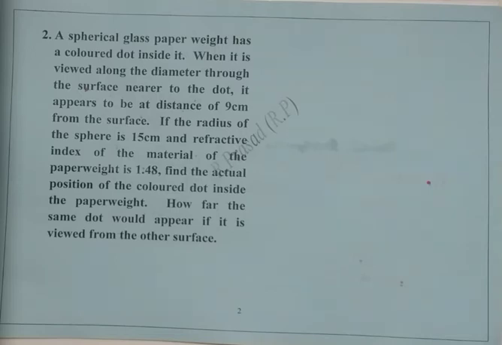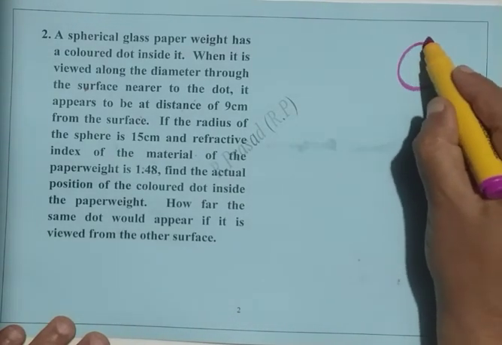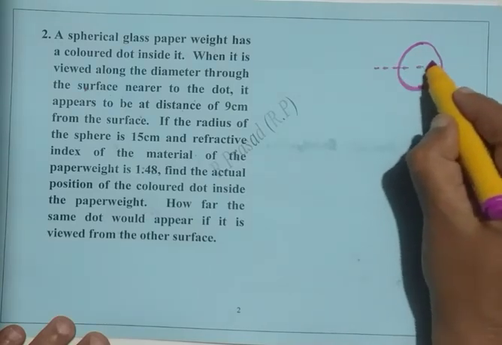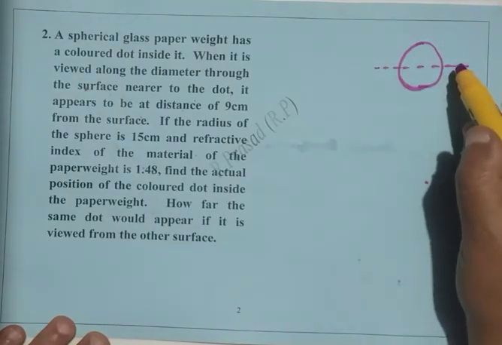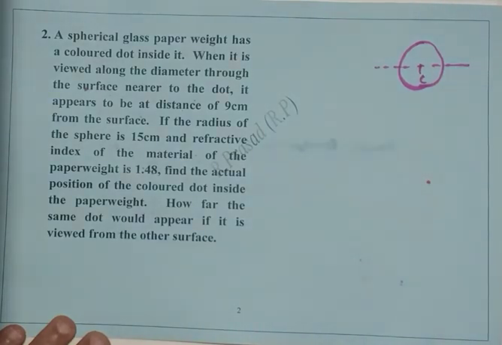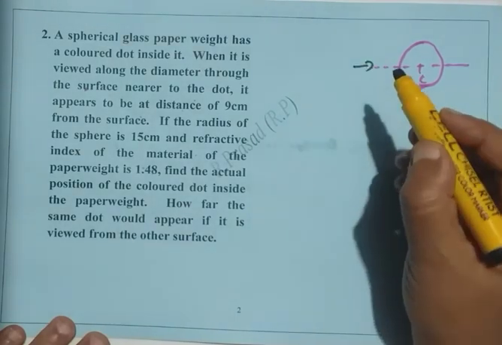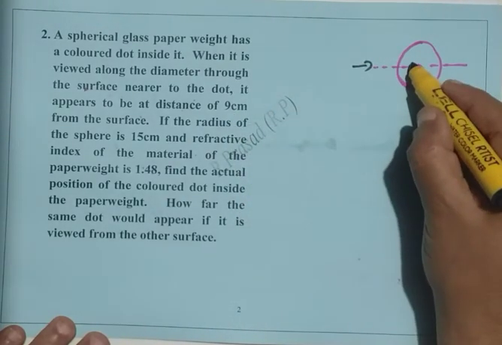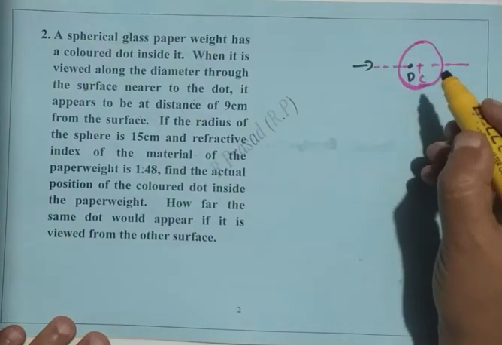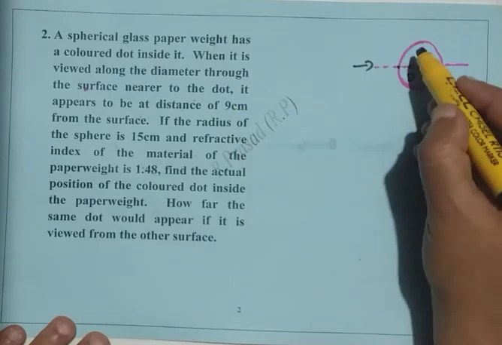That means a spherical glass paperweight is given. Say we write down the figure here. Just imagine, this is the spherical glass paperweight, and this is the axis on the diameter. Now this is the center of the sphere. What we are given here is that when the dot is viewed along the diameter, that is from this direction, on the surface nearer to the dot, say we imagine the dot is here,